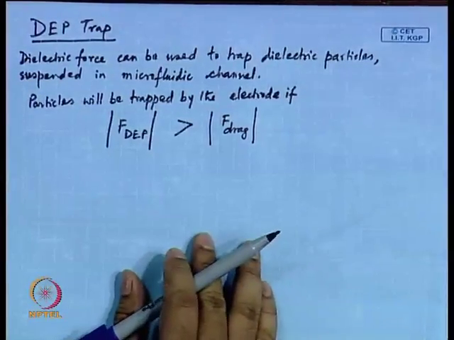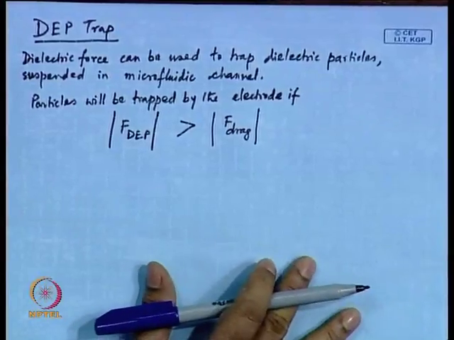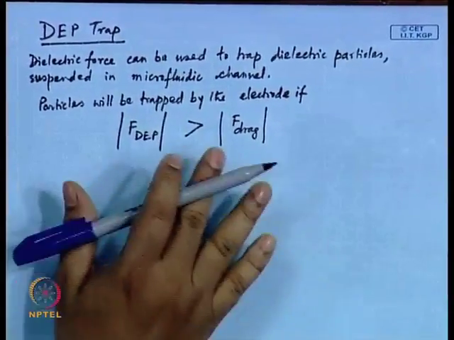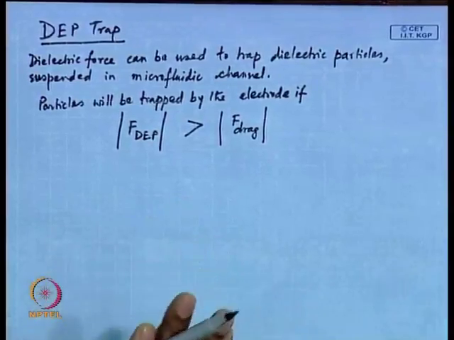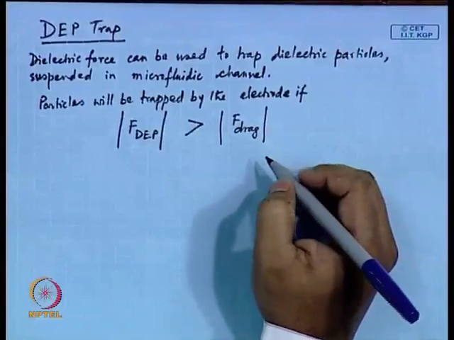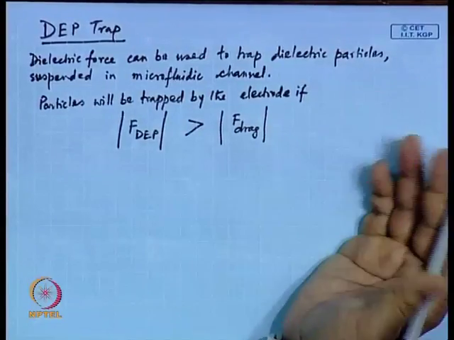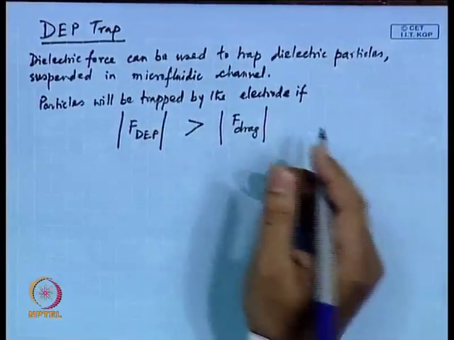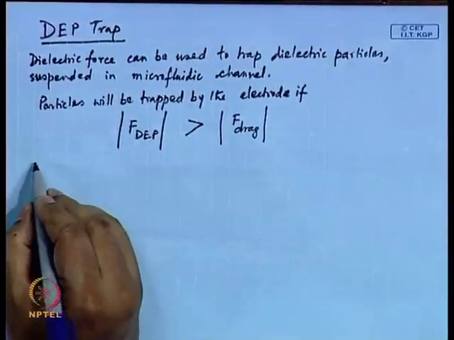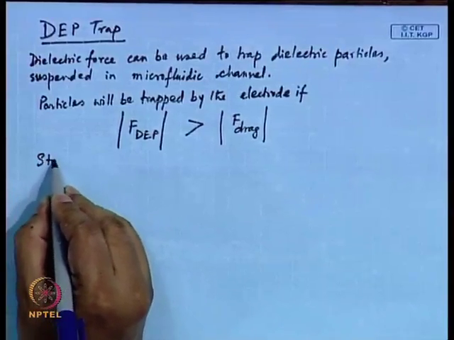I would probably like to have your views also on how it should be done, but FDEP we have some idea, P dot delta E, and F drag will come from that Stokes law. That is perfectly applicable in this case. So this inequality basically shows the limit of it. Ideally there should be an angle involved. Now Stokes law says